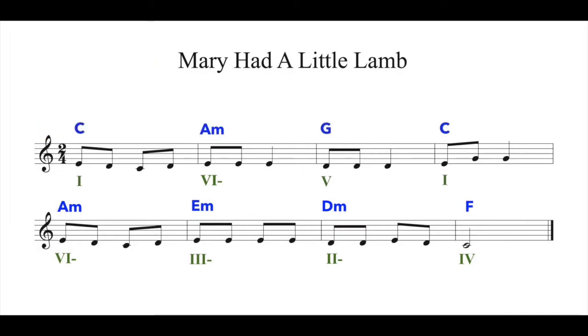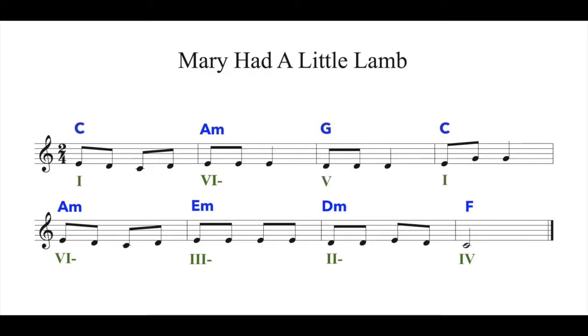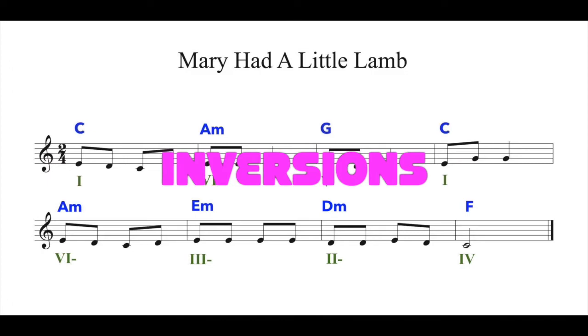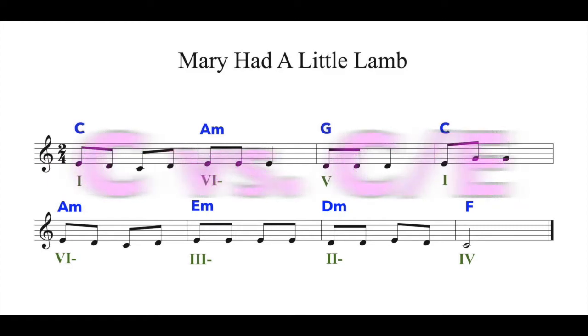We might be tempted to go outside the key at this juncture, but let's not be so hasty. There are still more paths we can take to intensify the harmony while staying diatonic. Inversions are in a bit of a gray area when it comes to harmonization. The difference between C and C over E, for example, is more a matter of voicing. They are essentially the same chord, but putting a chord tone other than the root in the bass does change the chord's feeling and impact enough to warrant discussion in a lesson on harmonization.